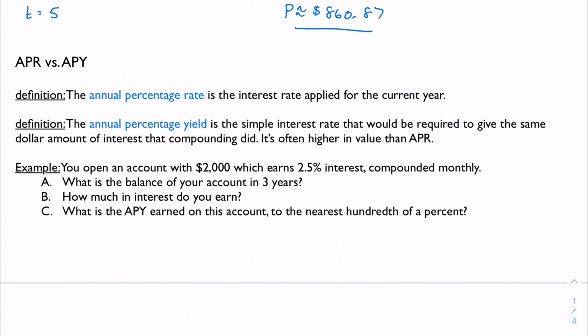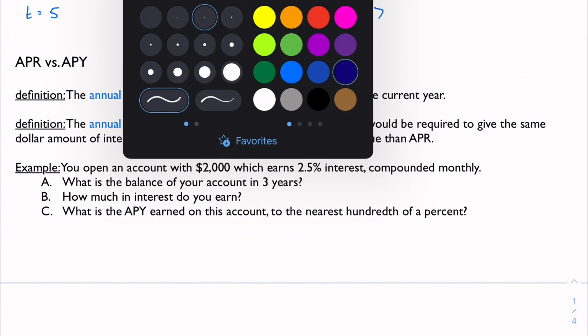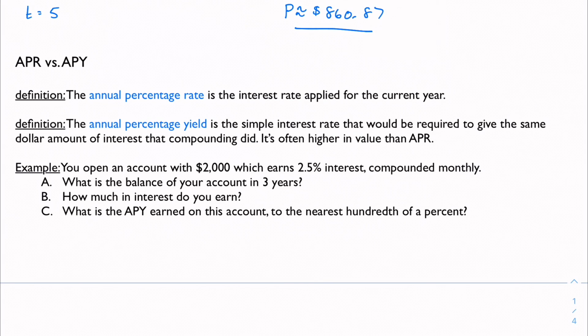So we're giving this problem its own video because it's historically a sore spot for some of my past classes. So I want to really make sure we spend some time to really dig into this. So APR versus APY, two very similar but different acronyms and things that you'll hear thrown around a lot in banking. So APR is the annual percentage rate, and it's the interest rate just applied for the current year